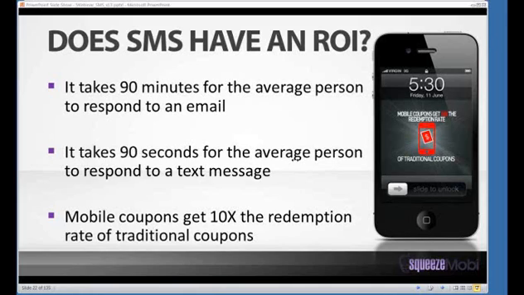Let me ask you, who carries around coupons in their pocket right now? Who has a coupon in their pocket right now? Steve says me, and not a mobile one. Noah, I'm not going to repeat what you said.